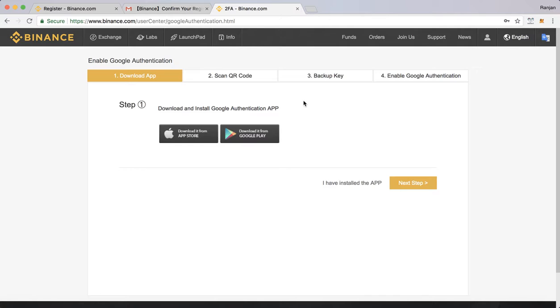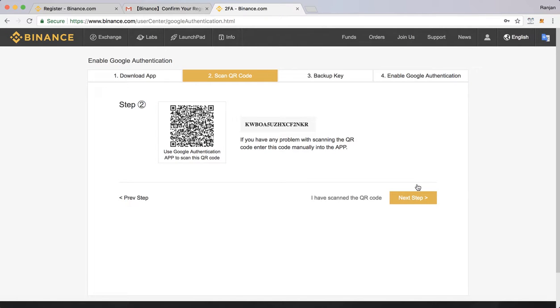I'm assuming you would have already downloaded the GAuth app, and you can set up the two-factor authentication for your Binance account using this process. So once you open your GAuth app, you will see a plus on the right hand side. Go ahead and use that to scan this barcode. Always make sure that this pin that you see, this code, you keep it safe. So you can put it in an Excel sheet, use Binance as a row, plug in this secret key,